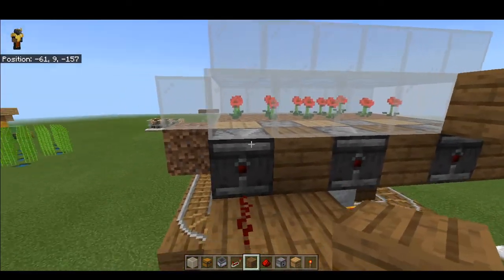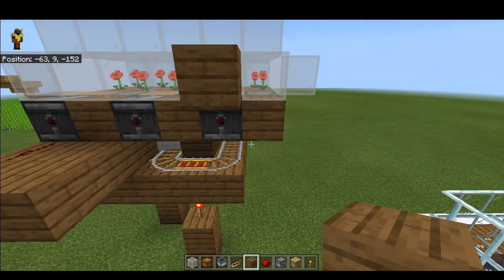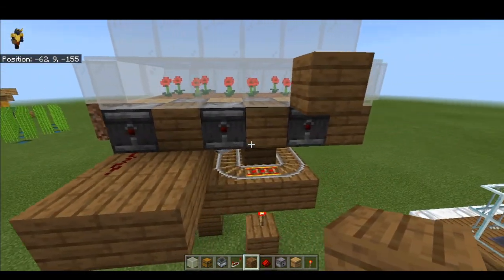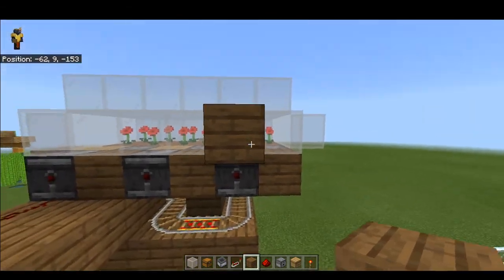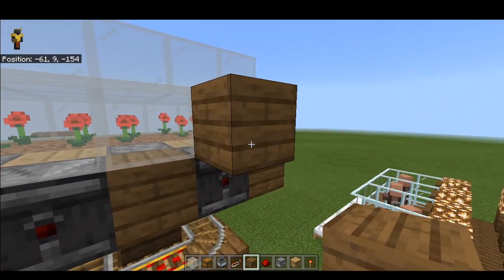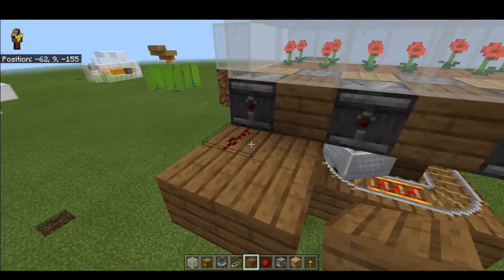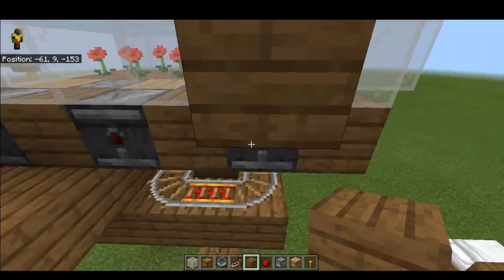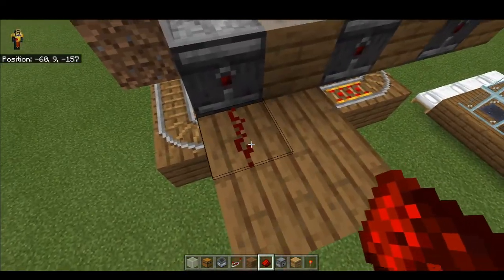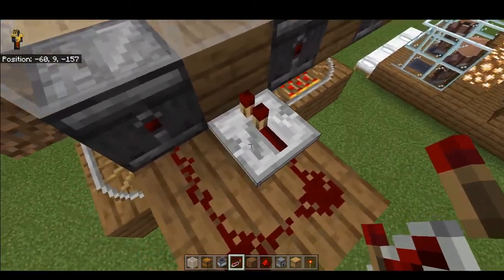So for the first time it's alright, but for the upcoming ones, at the right side or the left side, no matter which side you are picking, just keep one redstone over, one plank over here, or some blocks that will cover the redstone from going from this side to this side. So you place the redstone over here, over here, over here, and then a repeater at 0 ticks, at first